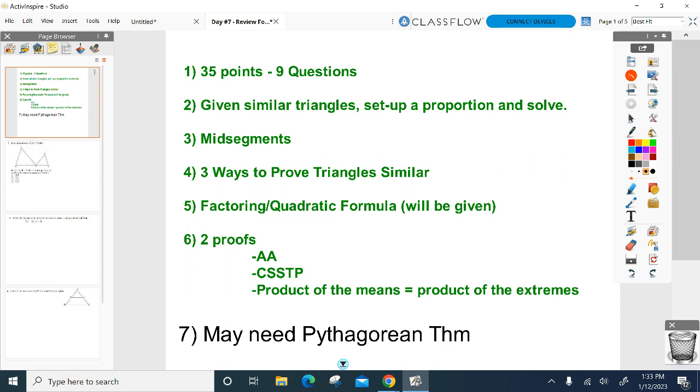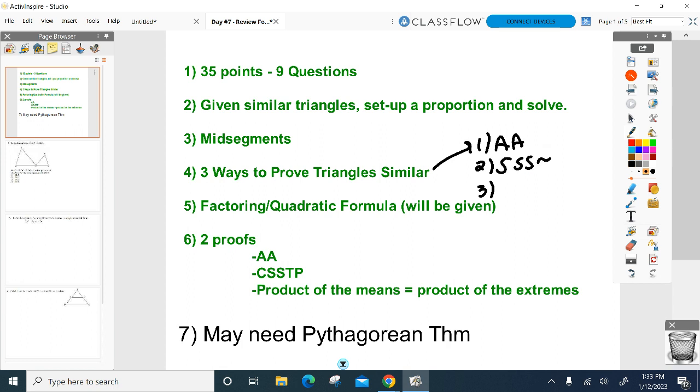3 ways to prove triangles similar. I did want to quickly go over that because I think you guys are really just angle, and that's all you are, because we've done so many proofs. But remember, if it's not a proof, there's still 2 other ways of proving triangles similar, and they are